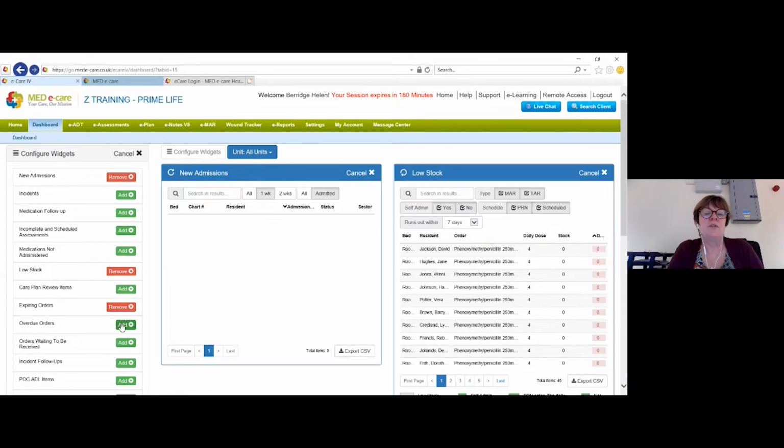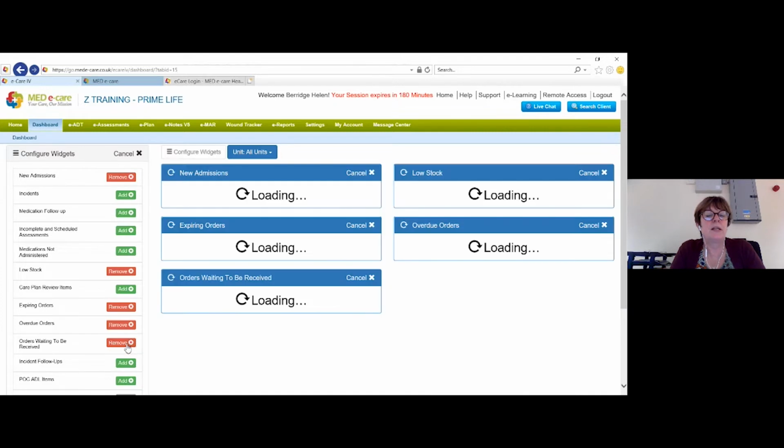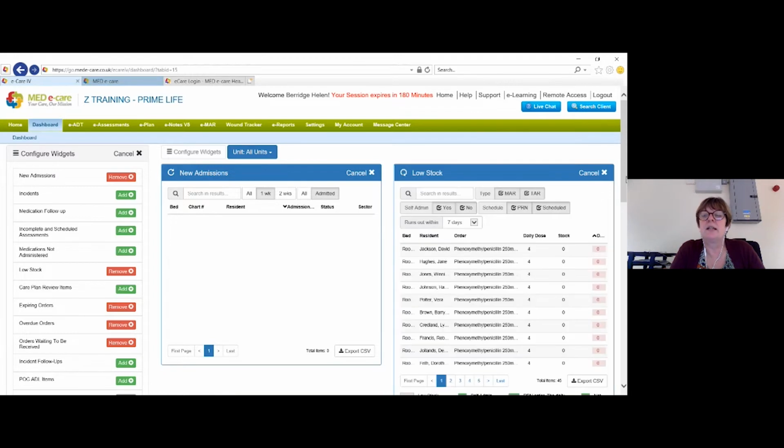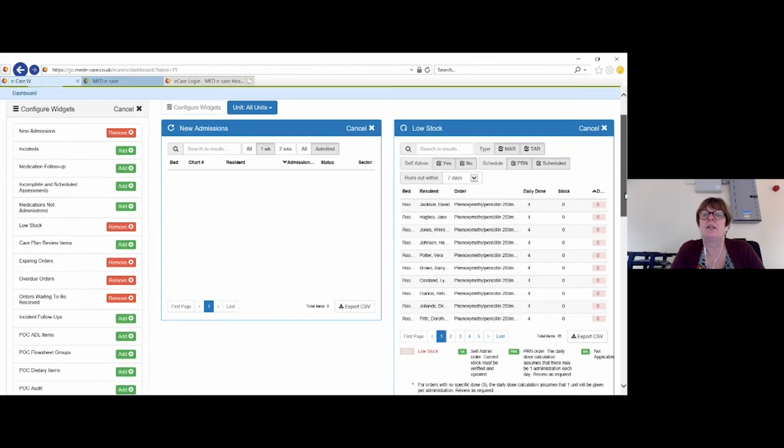We need to see overdue orders, and these are our orders that are missing signatures, really. People get a little bit confused, and I have asked Medicare to change it to missing signatures. The overdue order is missing signature. And then also we've got orders waiting to be received. Every time any of the staff now log in, they should see their dashboard, and here, as you can see,